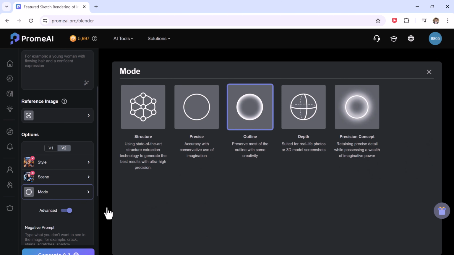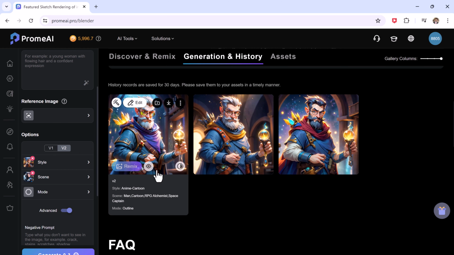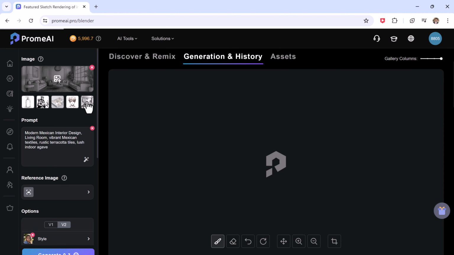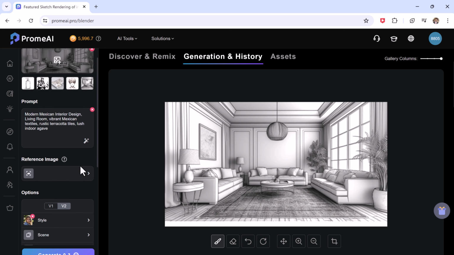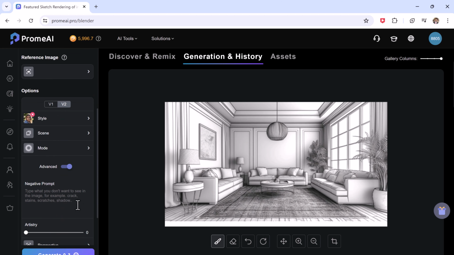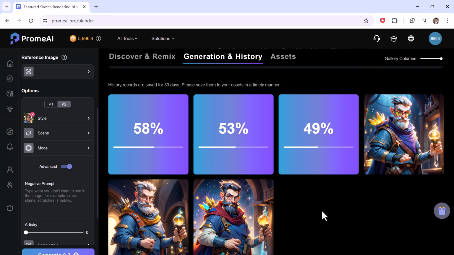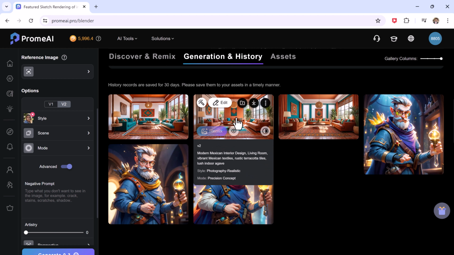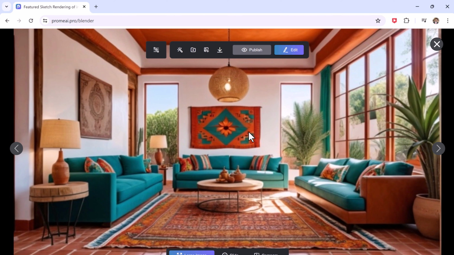Here is how it works. You start by drawing your sketch by hand. It does not need to be perfect, just get your ideas down on paper. Once you have your sketch, simply upload it to Promi AI. Promi AI takes your sketch and adds a touch of creativity, turning it into a fully rendered realistic image. This allows you to visualize your ideas as they would look in real life, without needing any additional skills or tools.